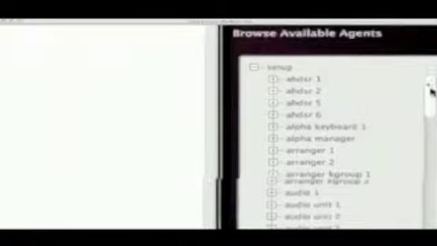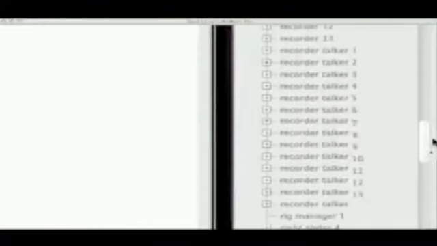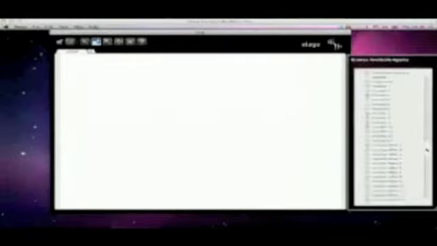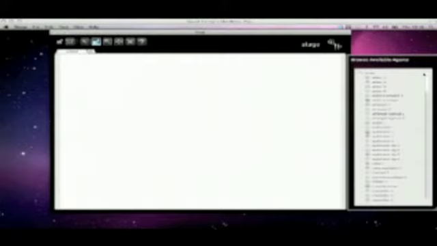On the right, we get this window that pops up, browse available agents. And in this window, we have a list of every single agent that is in Alpha Setup 2. And there's quite a lot, as you can see. For people who are new to this kind of Eigenharp Belcanto world, an agent is basically a module. It's a small piece of software. An Eigenharp setup has quite a number of different modules, or these agents, that run simultaneously, and then they have